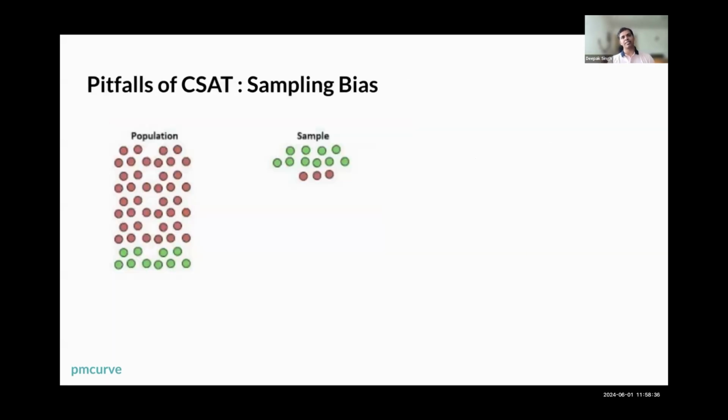And there are three reasons for that. The first is that CSAT or surveys usually have a sampling bias. People who are happy usually will fill out the survey. What if the majority of people are not happy and they're not going to come back to your product? They will not fill the survey.